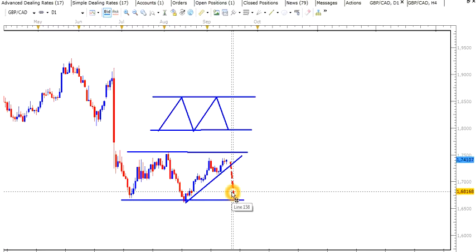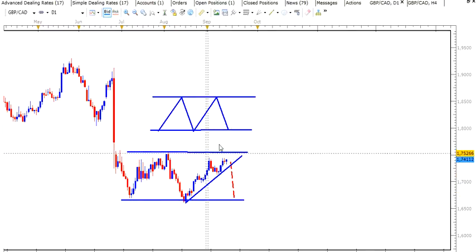This is something that the market does, and it's one of the peculiar dynamics of the currency market. Whenever we're moving within consolidation and the market is about to start the movement in the opposite direction,